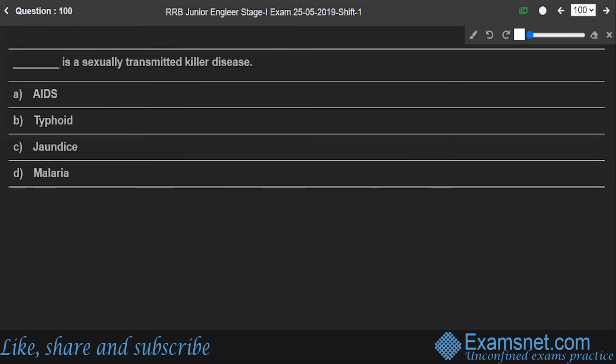Let's move to the last question for this paper. Question number 100. Dash is a sexually transmitted killer disease. Is it AIDS, typhoid, jaundice, or malaria? The right answer is option A. This is a sexually transmitted killer disease. It happens due to four reasons: by sexual contact with an infected person,